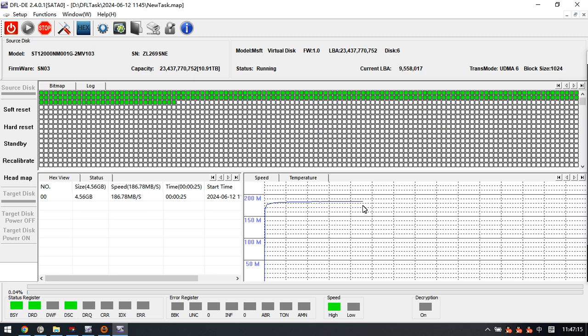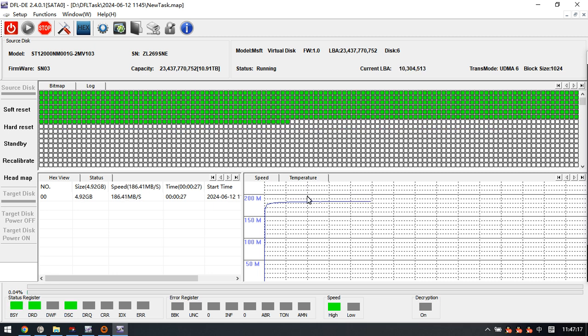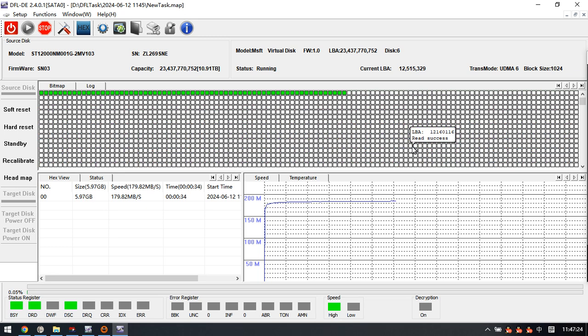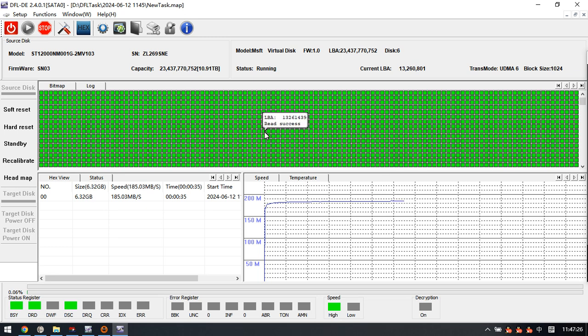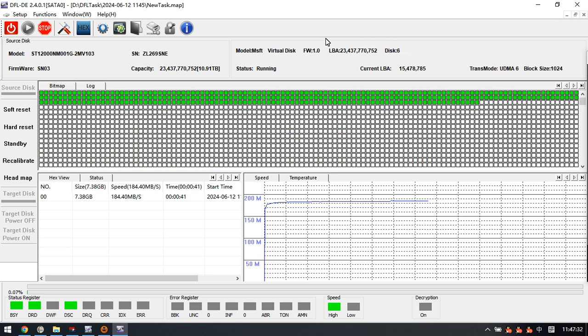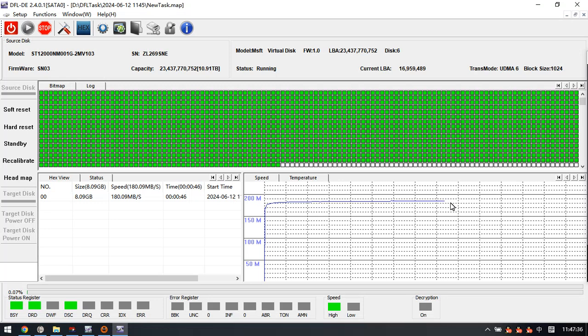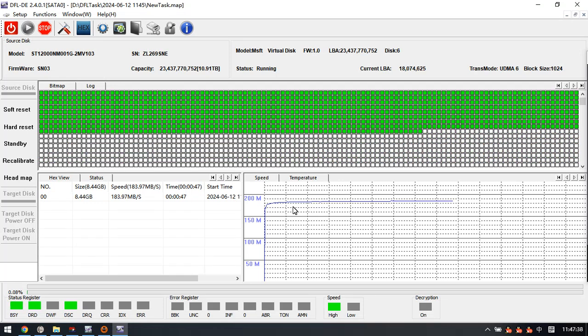and we just need to keep an eye on this imaging process and wait until the imaging completes, and then users can extract some lost data from the VHD, this target VHD drive. Okay, so it's very smooth disk imaging speed at the